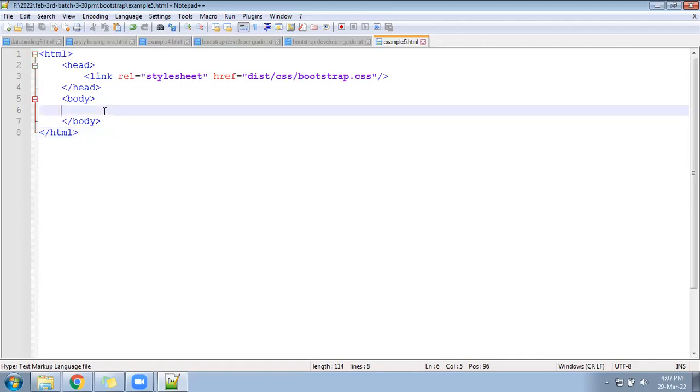Follow here a division, class equal to container.